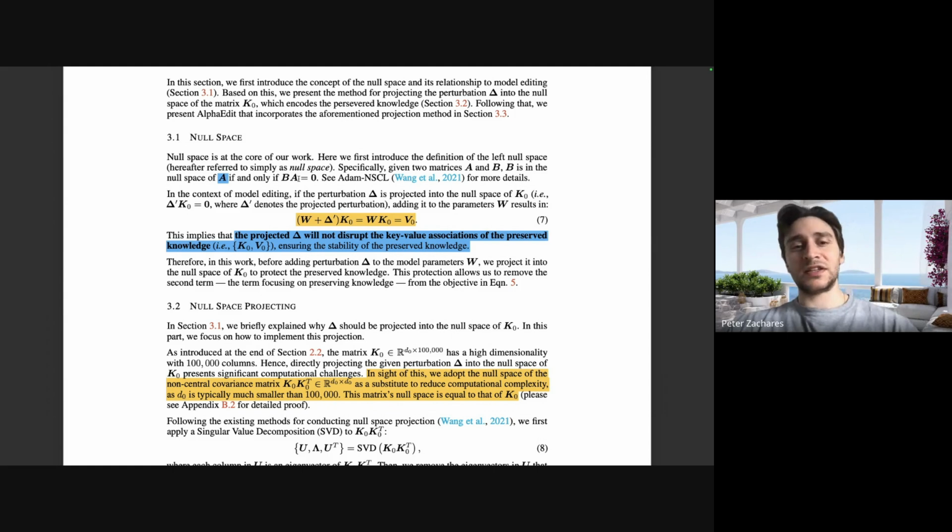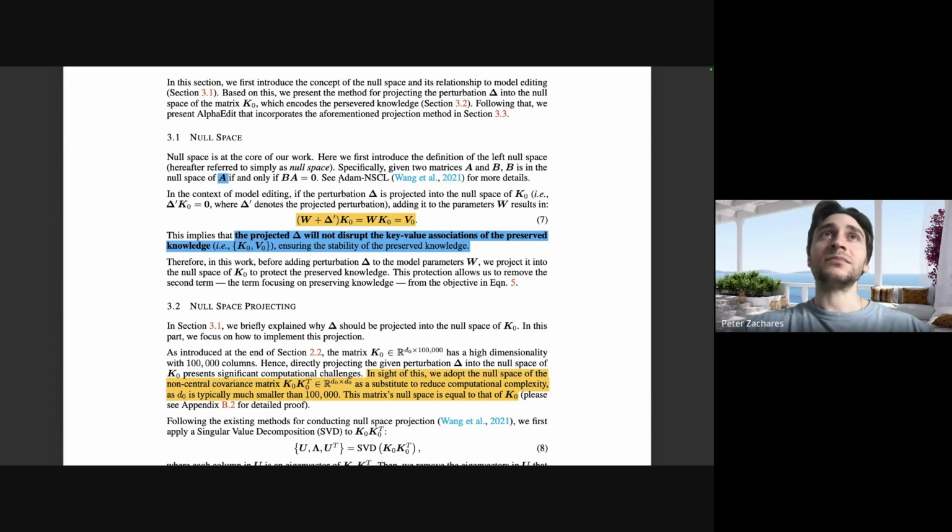The reason why this idea is fundamental to the paper, and I think it's super cool, is that this is something you learn in your third or fourth week of linear algebra. I don't think anyone thought of it. Well, there's a paper that inspired this paper, Wang et al. 2022. But this is a very basic idea that works perfectly in this situation, in my opinion. I just feel like it's one of those cases where, in hindsight, it's obvious, but it probably was incredibly hard to figure this out.